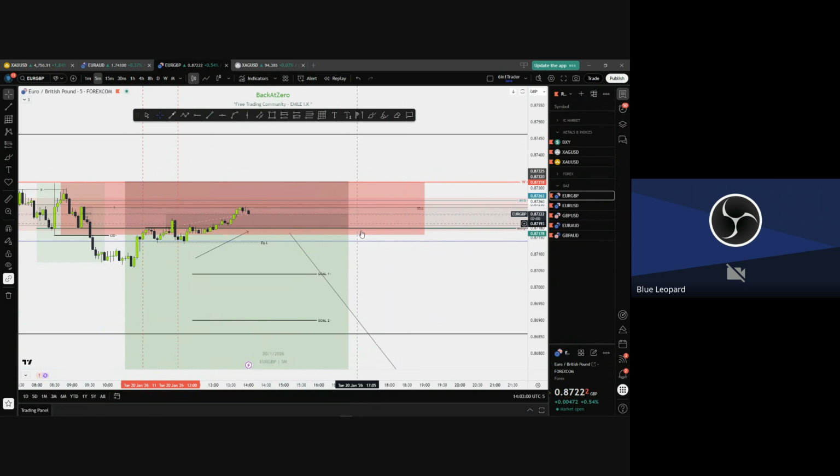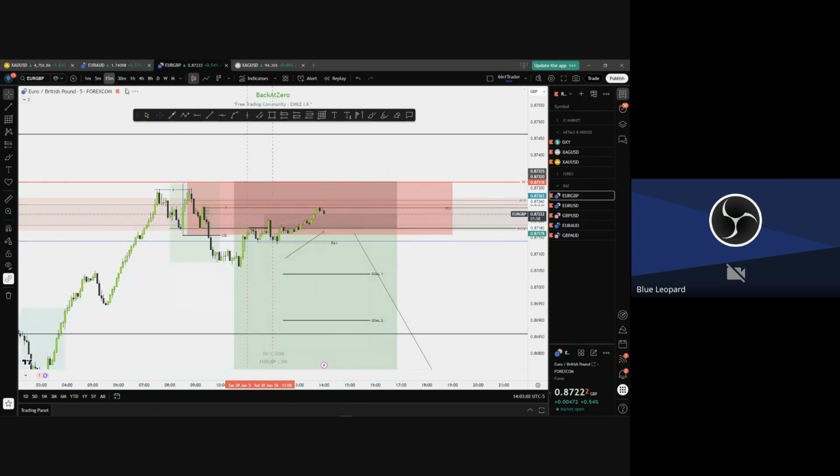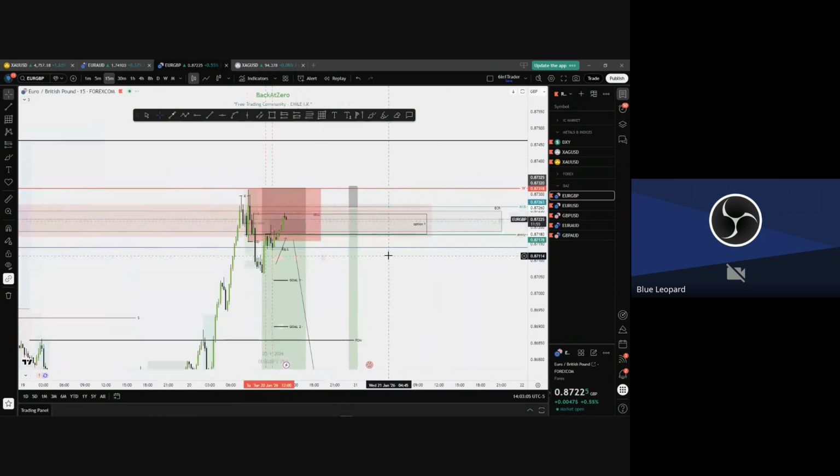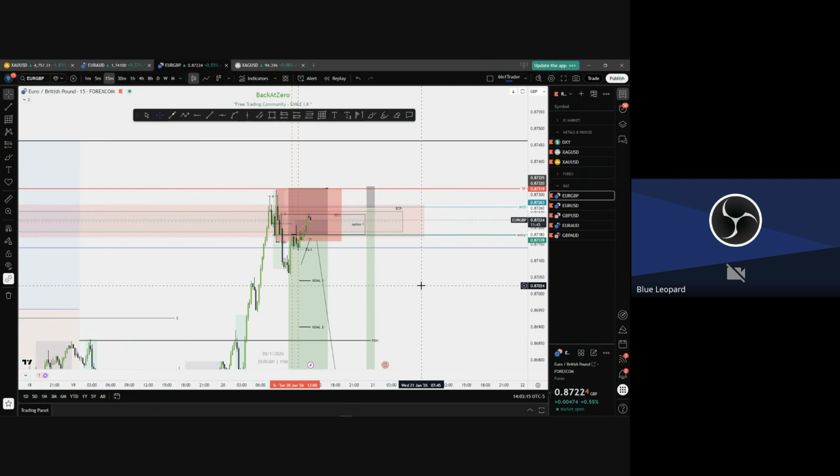So that's why I teach the ECR, the engulfing candle range, because I know it will give you good reflexes on many other strategies, because you will care about the price action, you will care about the candles, you will care about the timings, and it will give you patience. Patience will teach you how to wait for the zone to be hit before you look for the next step.